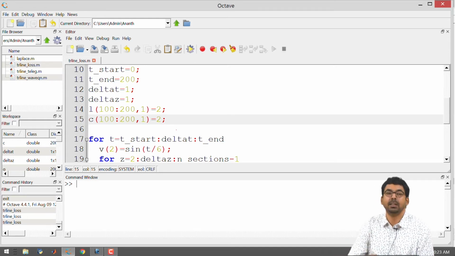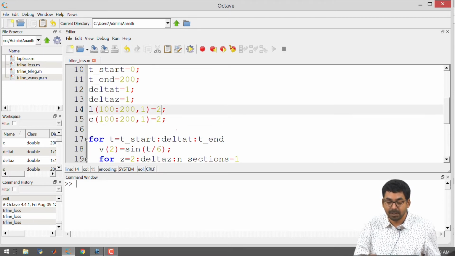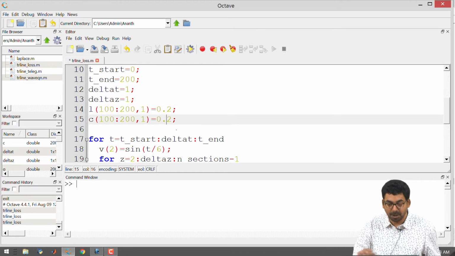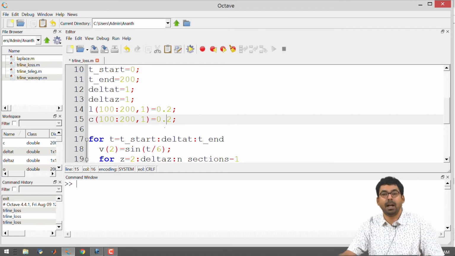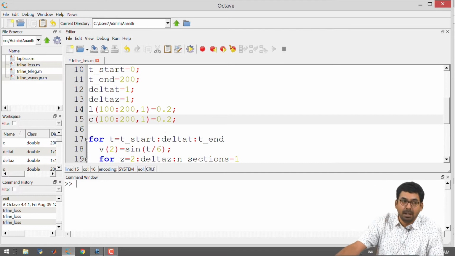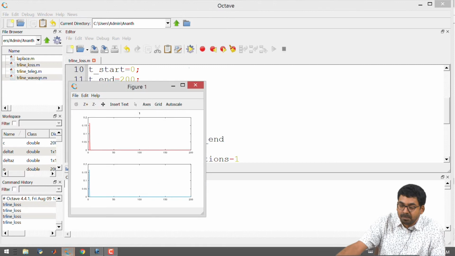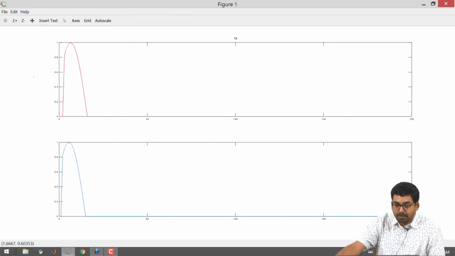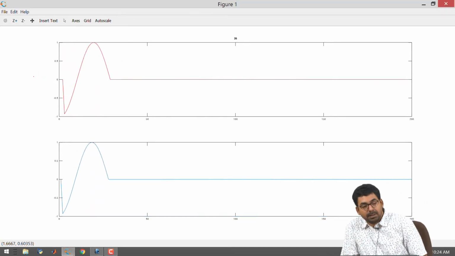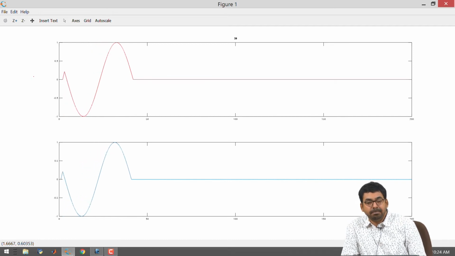In the way we have written the program, it is not going to yield an appropriate result, but just to make that point clear, instead of making it 2, I will make it 0.2 for L, 0.2 for C. Now, one will argue that there is an impedance mismatch and the program should capture it correctly, but the way we have written it, it looks slightly absurd.